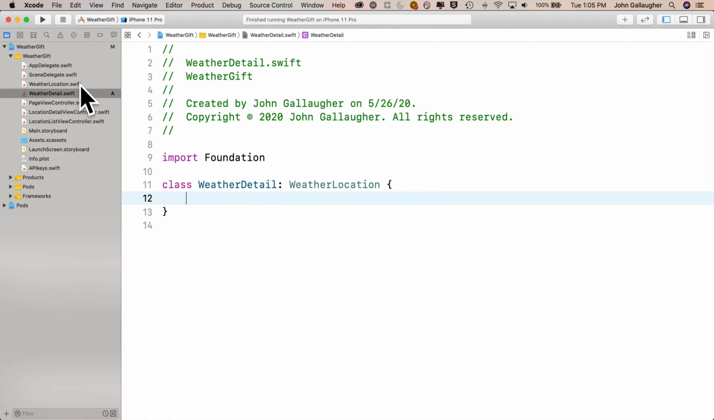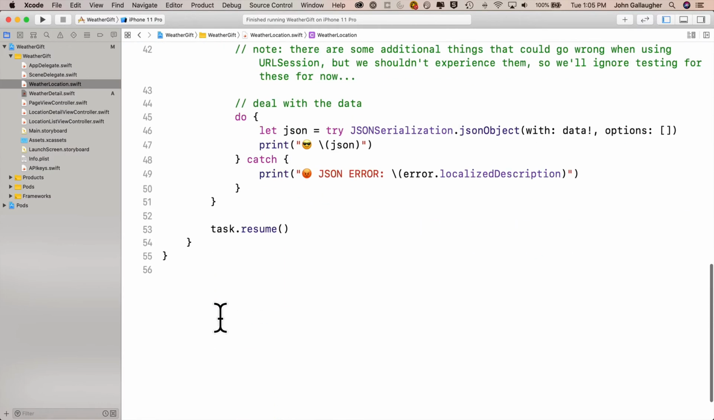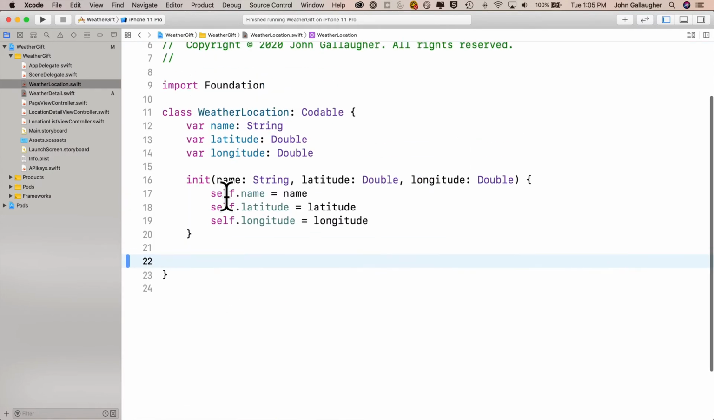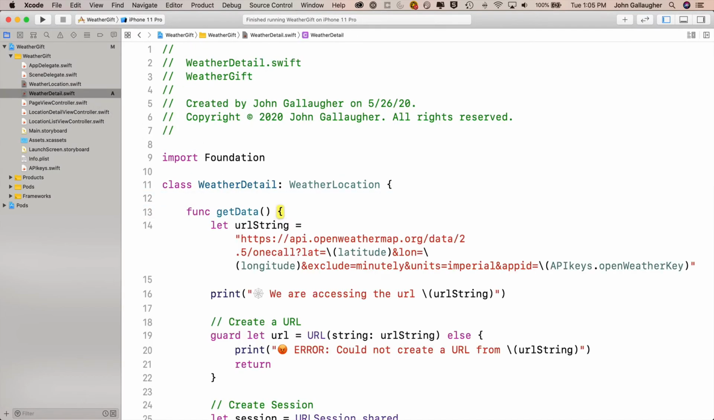So click WeatherLocation, highlight the entire getData function, but make sure that you leave the closing class curly. Cut it out with a Command X, return to WeatherDetail, and paste it in with a Command V just before the WeatherDetail close curly. Now that we've got WeatherDetail set up, let's return to LocationDetailViewController